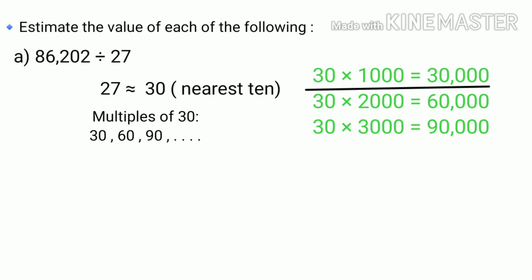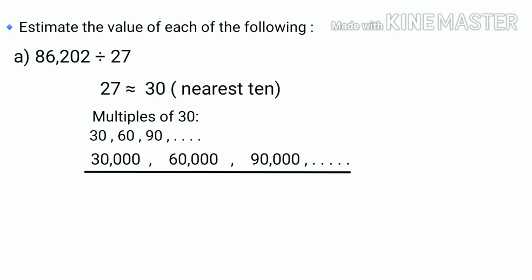We know that 30 times of 1000 is 30,000, 30 times of 2000 is 60,000, and 30 times of 3000 is 90,000. And these numbers may take us closer to 86,202. So now we need to see which of these multiples of 30 is nearer to